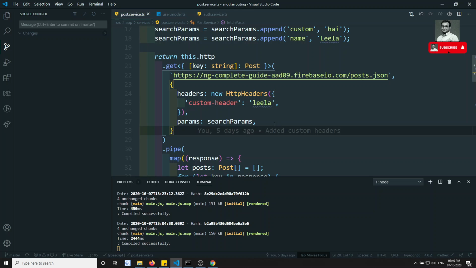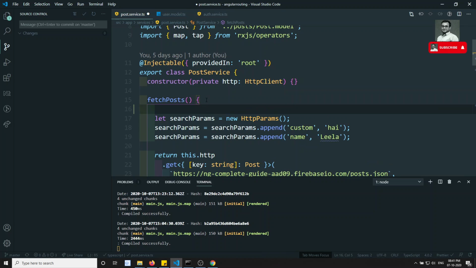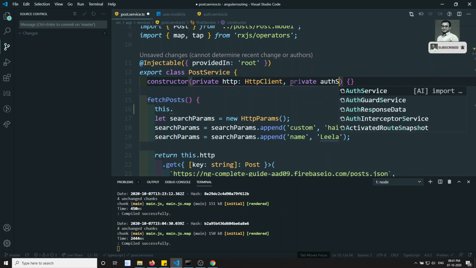One thing we can do is, like we did in the navigation.component.ts using the subject and subscribe, can't we use something like subscribe here? So import the auth service here, the private auth service.